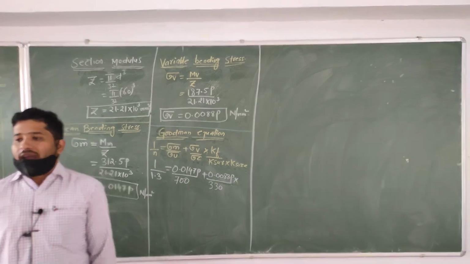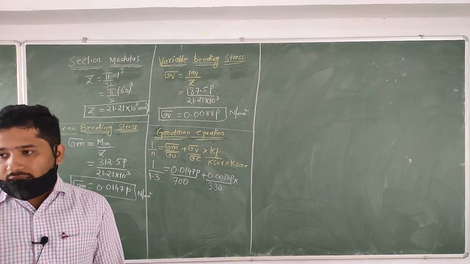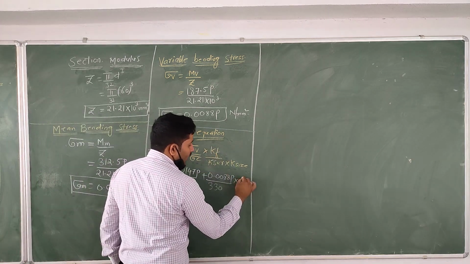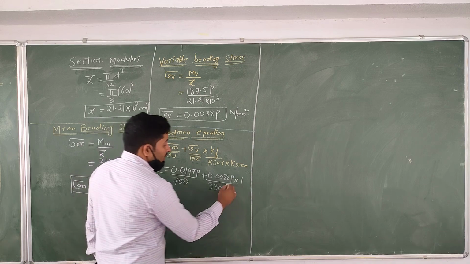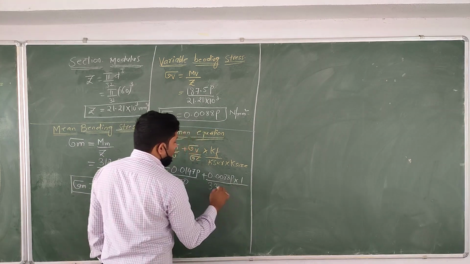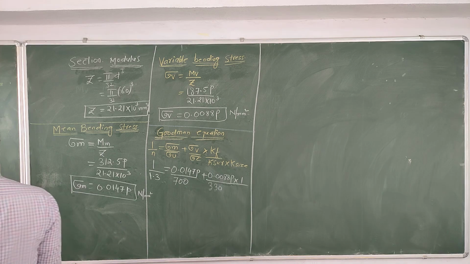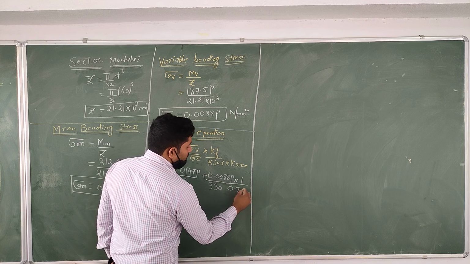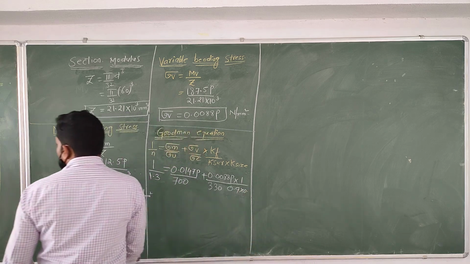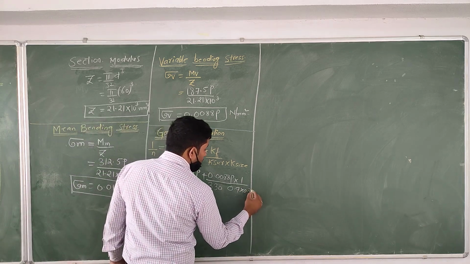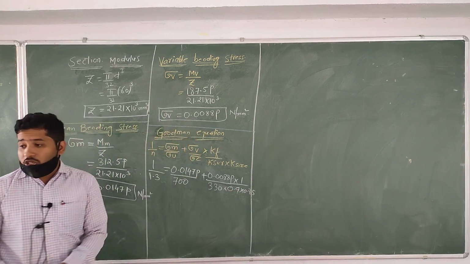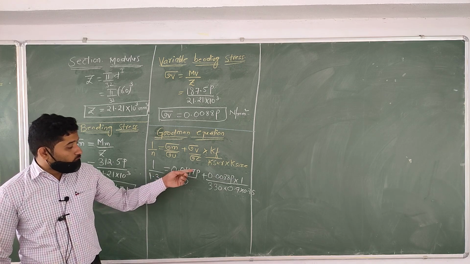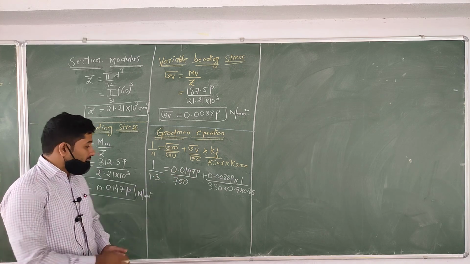Here Kf is not given. If it is not given, I told you, you have to use the value 1. Okay, Kf you need to consider as 1. Okay, and is the K surface finishing factor given or not? It is given. How much is given? The K surface finishing factor is given as 0.99 into 0.85. Okay, then the first thing is, always remember, I told you, first you need to divide 0.0147 by 700, then you will get some value.